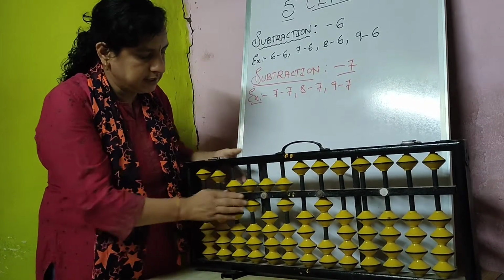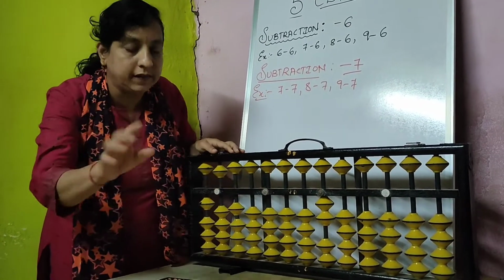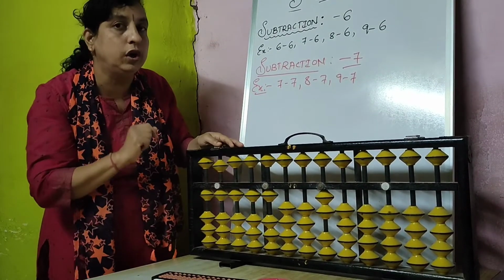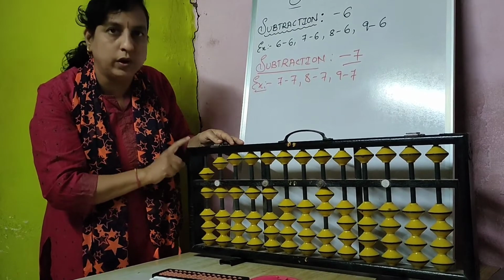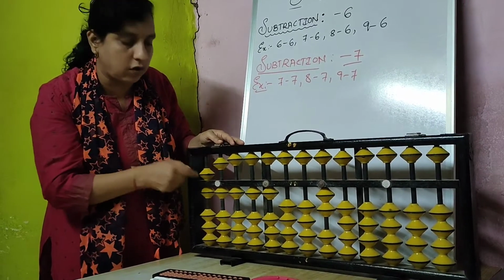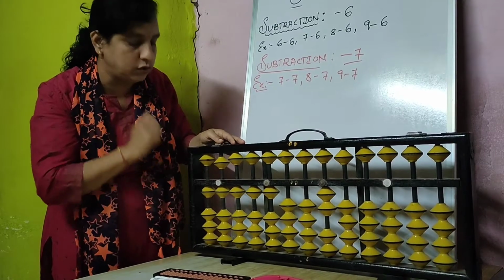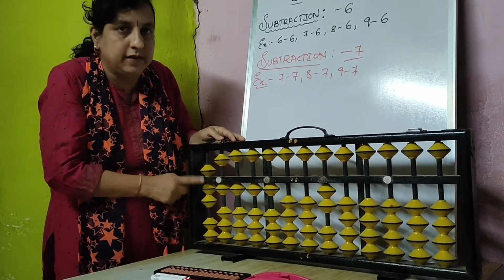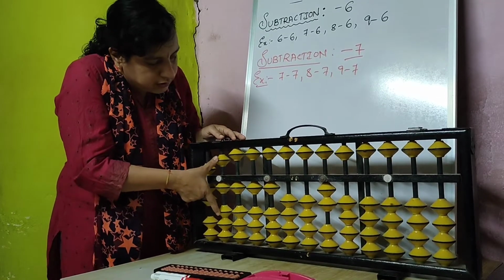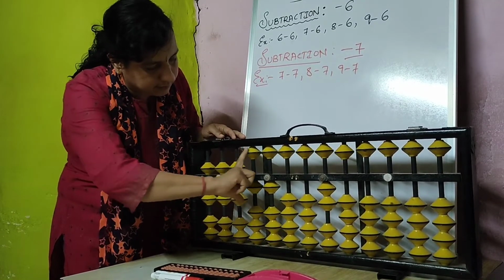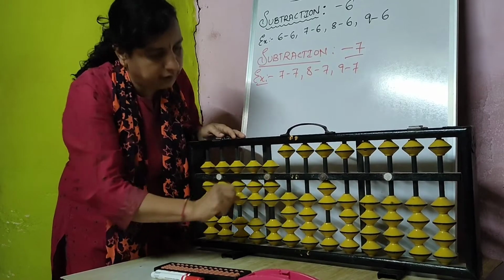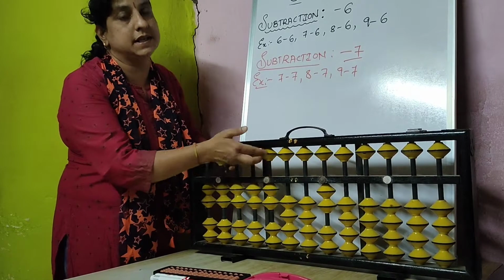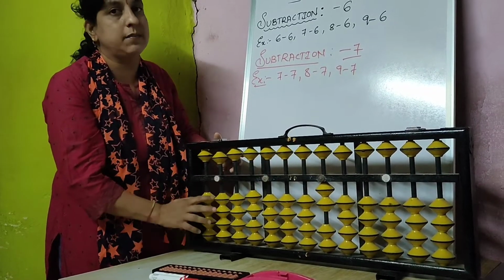And whenever there is 1, 1, 1 is there, means how you will do 6? You will not do 6 by doing only 5. This is wrong. I told you in the last class how to do 6. 1 upper bead, 1 lower bead, like this. 1 plus 6. This is 1 plus 6 I have told you. So this is also 1 plus 6, like this. But no, my answer is 7. You know this. +6, +7. 7 also last time I have taught you.